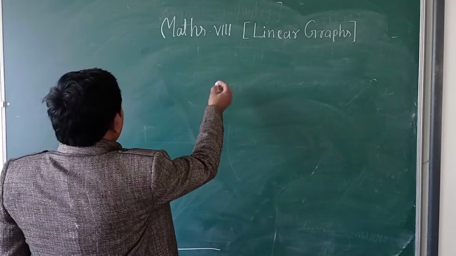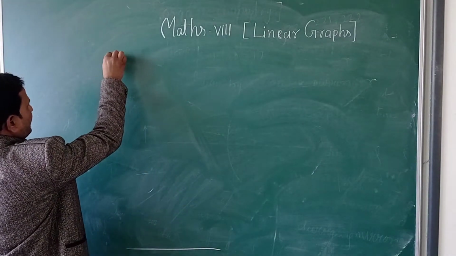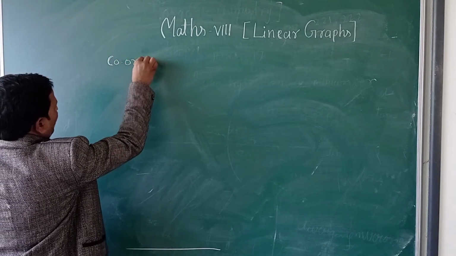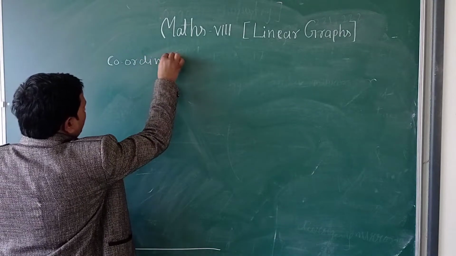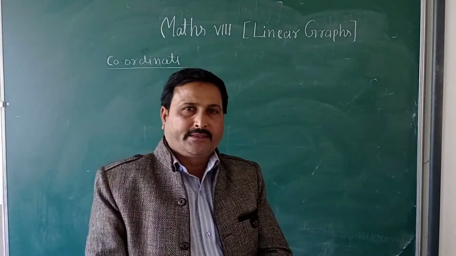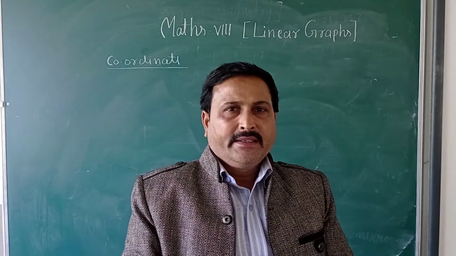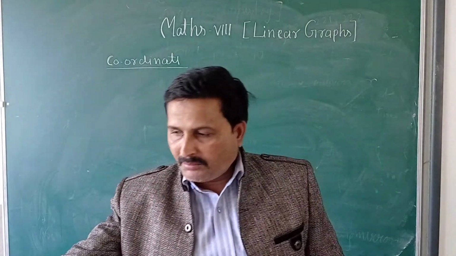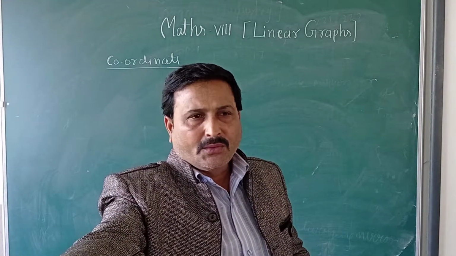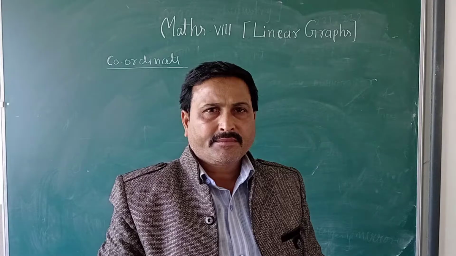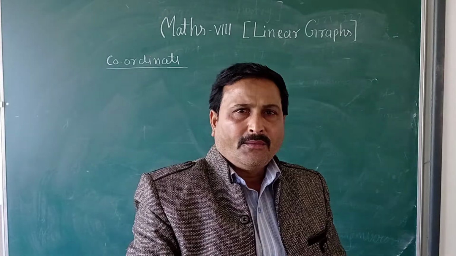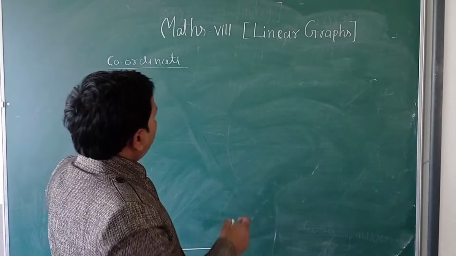the first word that comes is coordinate. What is the coordinate? Suppose that you are going to see a movie in the mall. You are showing your ticket. The watchman says, okay, first row 10th seat, or 10th row 12th seat. Why is he saying that? Because